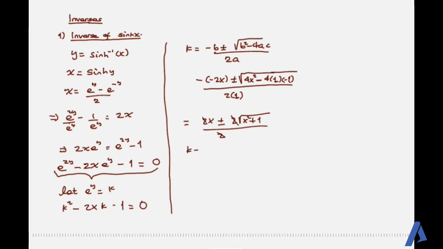ስለዚህ k is equal to x plus or minus the square root of x square plus 1 ማለት ነው። ግን k ማለት ምን ማለት ነው? e the power of y ማለት ነው። before that ግን ኬዞቹን ኮንሲደር እናድርግ። የመጀመሪያ ሶሉሽን x plus the square root of x square plus 1 ነው። ሁለተኛው ሶሉሽን ደግሞ x minus the square root of x square plus 1 ነው። k ምንድነው? e the power of y ነው። e the power of y ሁሌ ፖዚቲቭ የሆነ ኳንቲቲ ነው።